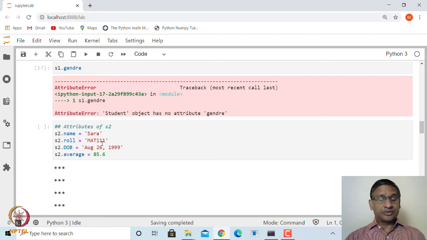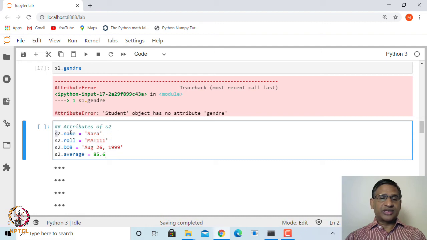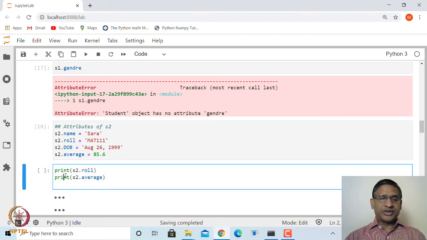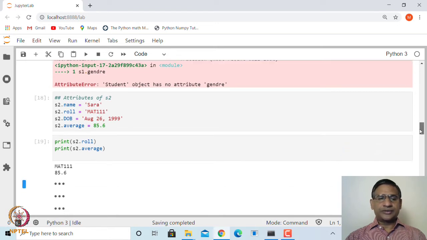For example, in this case the name is Sarah, roll is MAT111, date of birth is August 26, 1999, and it has another attribute called average, which is 85.6. Again you can print these attributes using the dot operator.